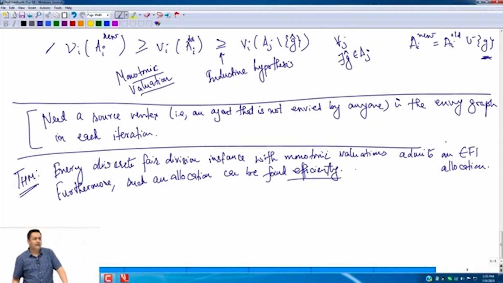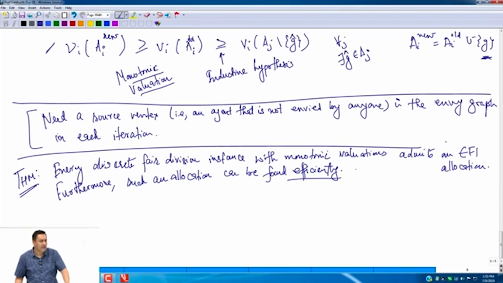So again, I'll not go into the details, but when I say efficiently, I mean efficient in a query sense. Think of running this algorithm with n agents, and every time you have to evaluate the value of a subset, you just query the agent: if I were to give you this, what's your value? So you have something analogous to the eval queries in the Robertson-Webb model, modified appropriately for the discrete setting, a very natural query model. When I say you can do it efficiently, it means you'll only bother the agents a polynomial number of times before finding an EF1 allocation.